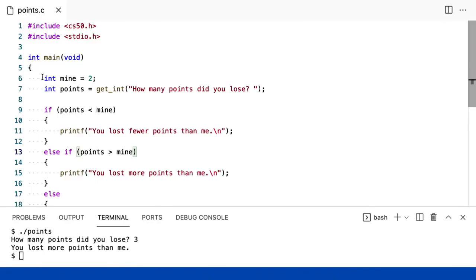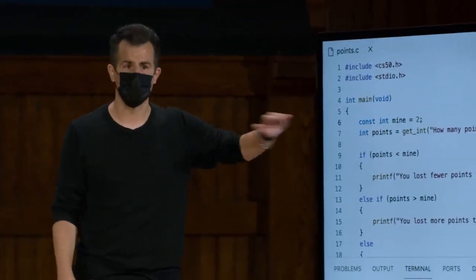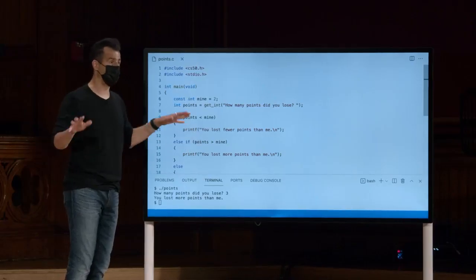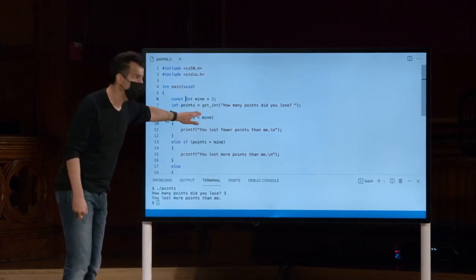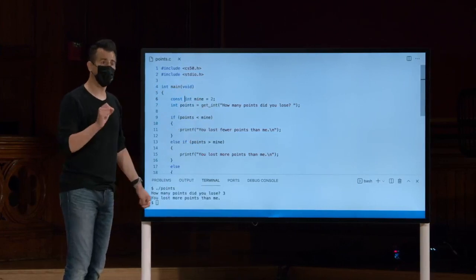So there's a way to tell the computer, don't trust me, because I'm going to screw up eventually, by making a variable constant, too. A constant in a programming language, which did not exist in Scratch, is just an additional hint to the computer that essentially enables you to program more defensively. If you don't trust yourself not to screw up later, or honestly in practice, if you know that number should never change, make it constant and never think about it again. This tells the compiler to make sure that even you, later in your code, cannot change the number